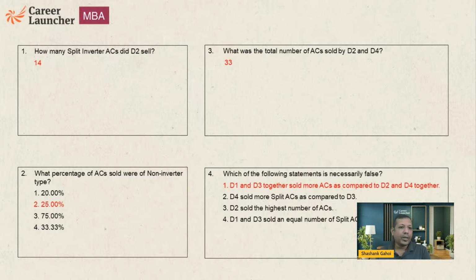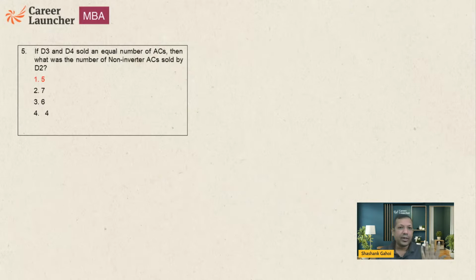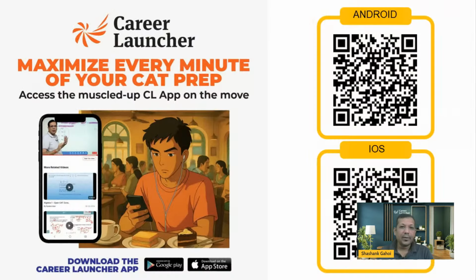Now let's see: 14, 25%, 33, 1, 5. All the answers are right. Okay, now